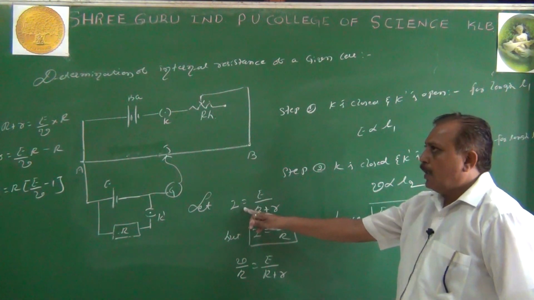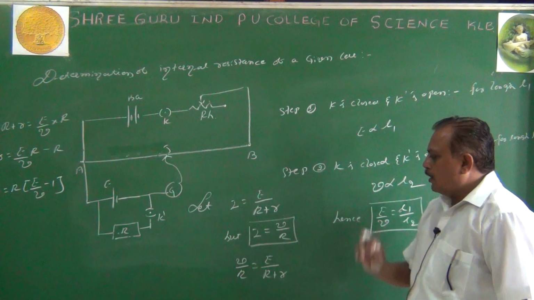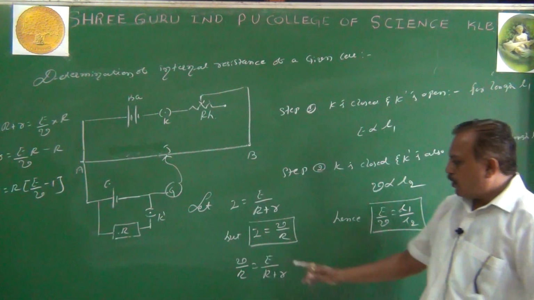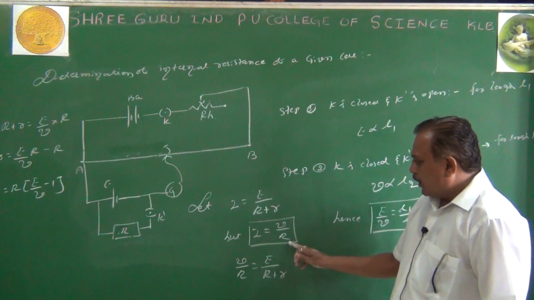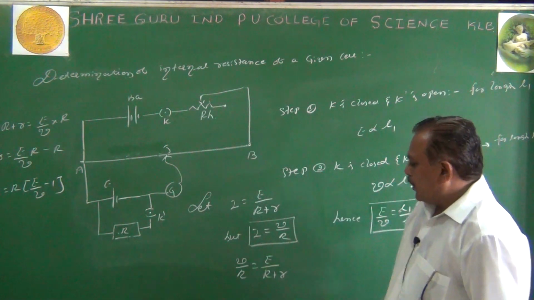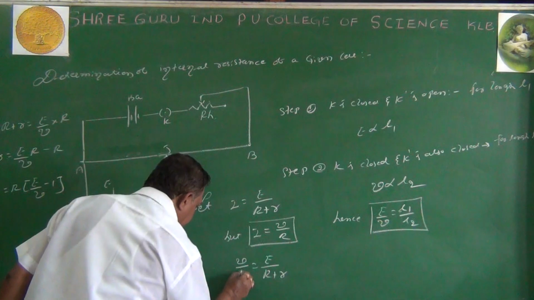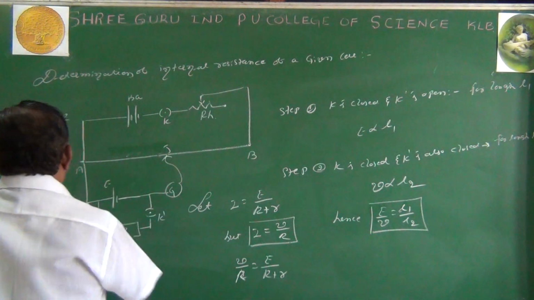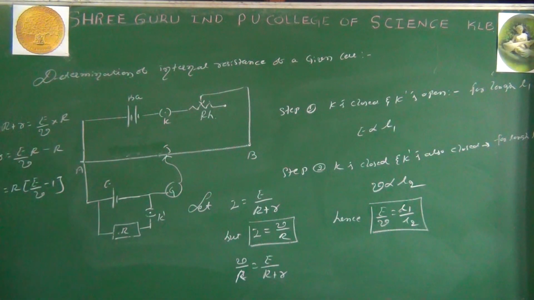Apply it to the circuit. I equals V divided by R plus r. Then from Ohm's law, I equals V by R. I substitute: I is replaced by V by R. Then I do the cross multiplication. Let me write here. Is it clear? Then this is my cross multiplication. I need small r, the internal resistance. Then it should be shifted, and minus r is taken as common.